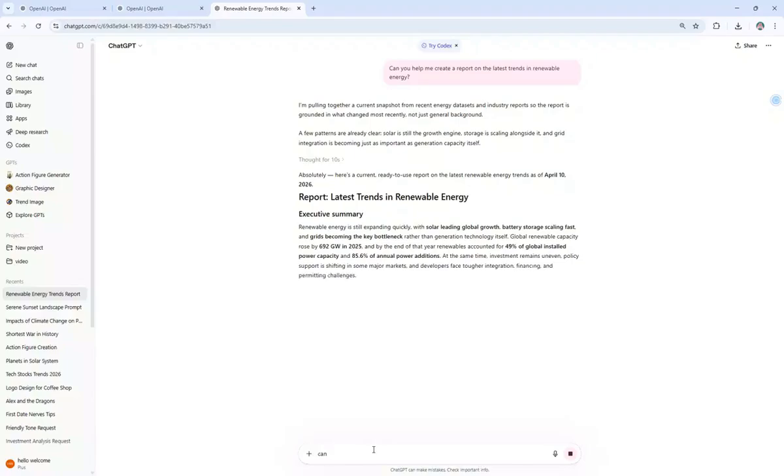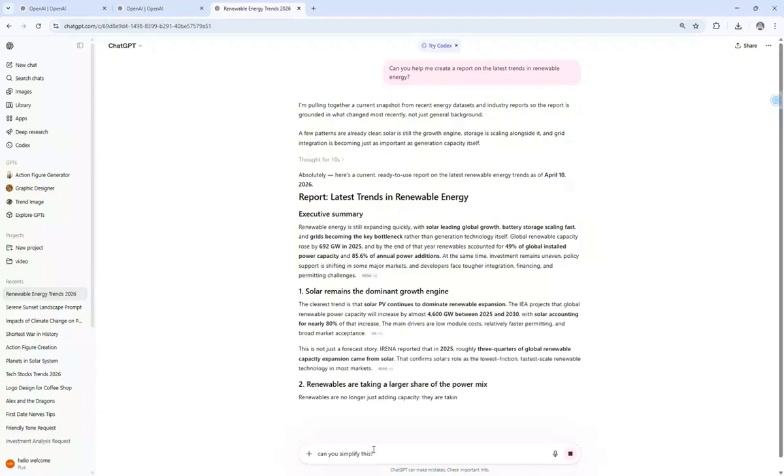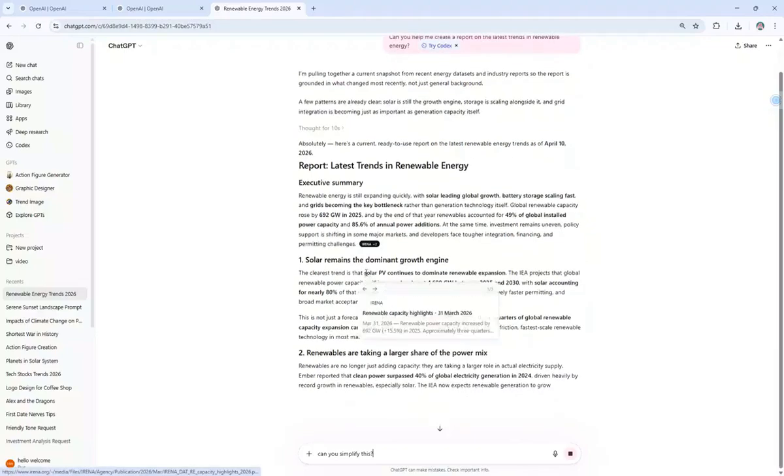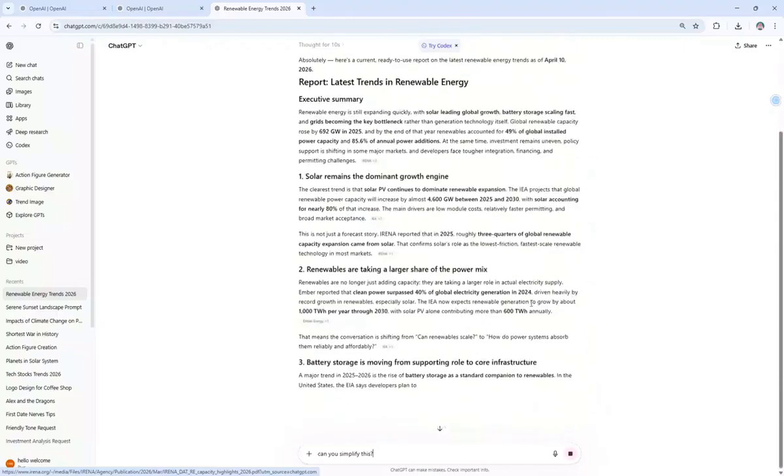Remember, if you need to adjust the tone or style, you can ask ChatGPT to rephrase sections. For example, "Can you make this more formal?" or "Simplify this explanation." Once you've gathered all the information, you can use it to compile your report, ensuring you